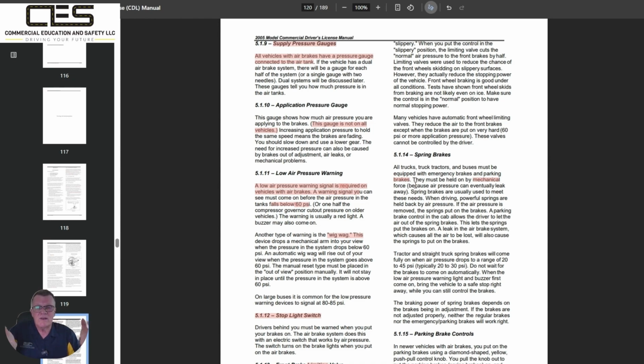If I'm parking in the parking lot, it's a parking brake. If it's an emergency situation, I'm trying to use my foot brakes and I'm pulling my emergency brakes. Both of them are trying to work together to get me stopped. If you lose all of your air, that mechanical pressure will